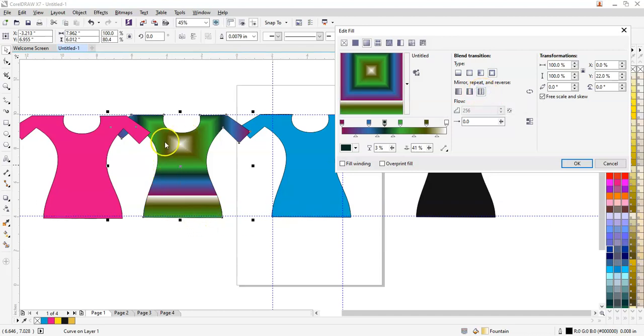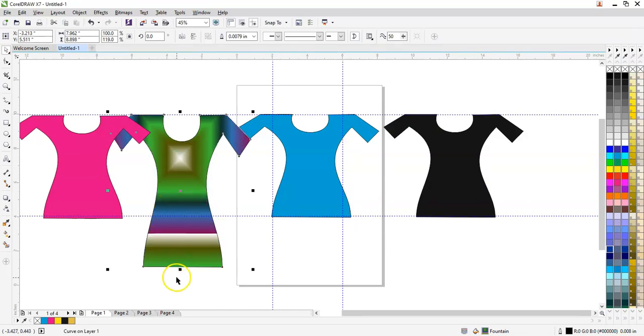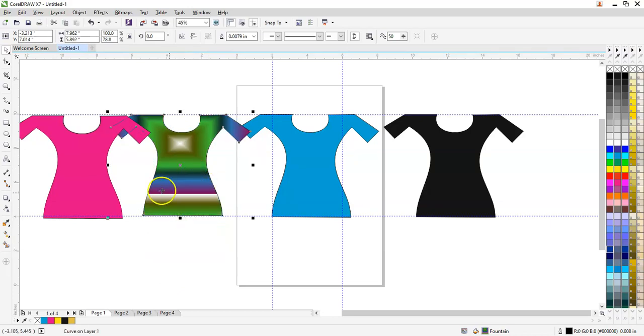This is a mirror repeat and this is fountain fill repeat. So after completing this fountain, again it starts from here. So the fountain fill is repeated according to the size of the object. As I increase, for example, now from here, if I say okay and I increase the object over here, you see the fountain fill is repeated or extended a little more. So when you practice this perfectly, you will be able to identify the colorization in the right way.